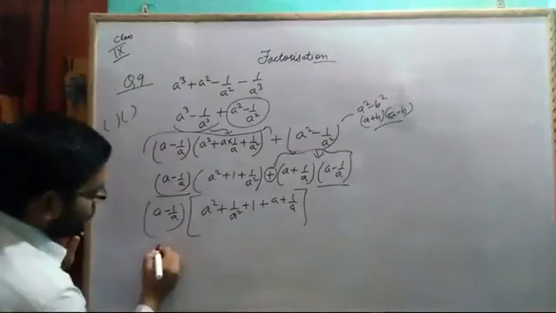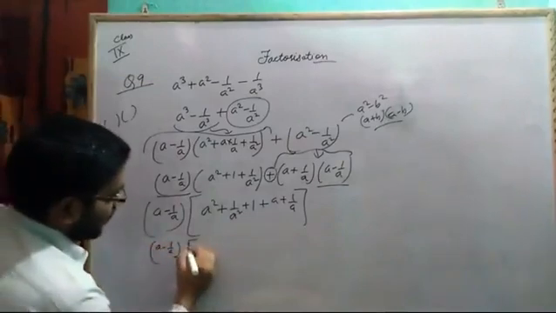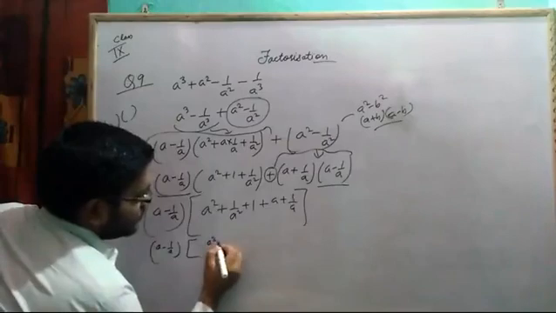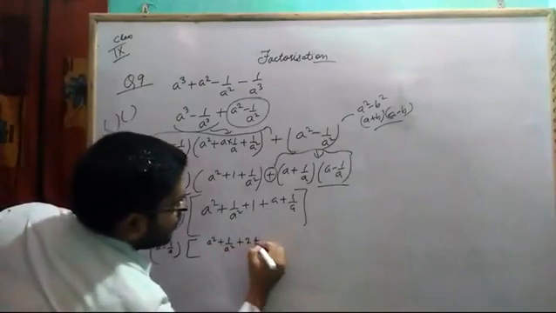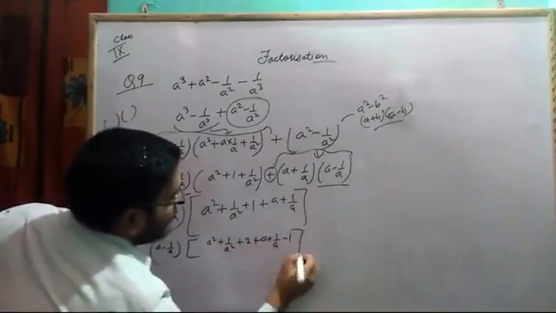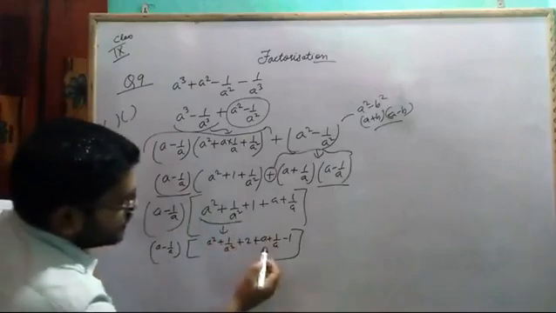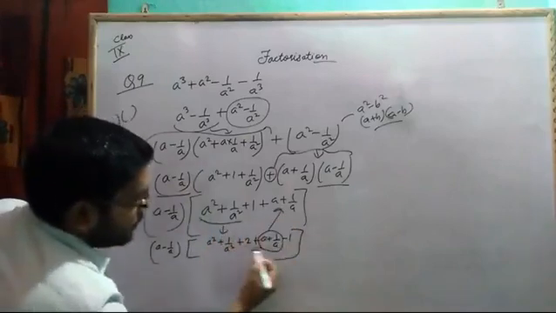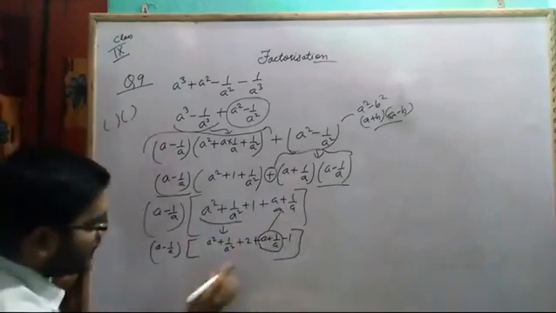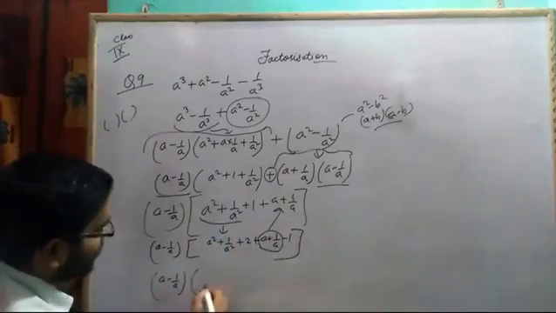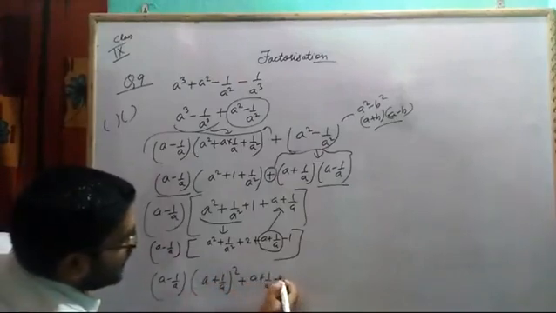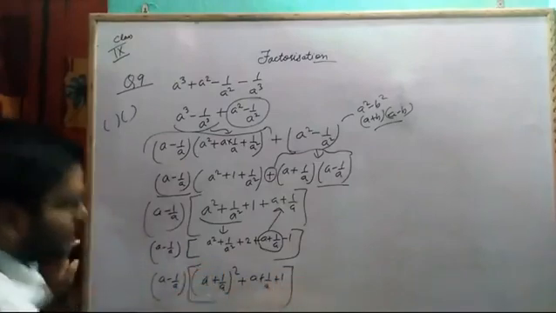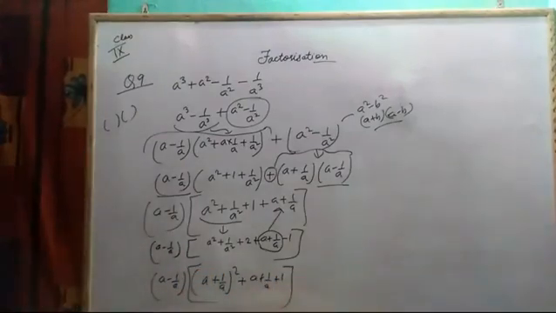If someone wants to go further, write something else. So one thing more we can do. We can write like this: a square plus 1 by a square plus 2 minus (a plus 1 by a minus 1). I can write the same term I wrote here. This also I wrote as it is. Now 2 minus 1 will be 1. Now why did I do this? I can write in this form, (a plus 1 by a) whole square plus (a plus 1 by a) minus 1. In this format, ultimately we are not going to achieve anything. We will be left here only.